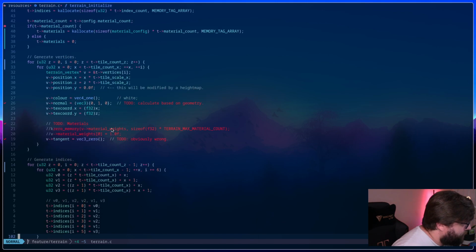All right. So when I generate the vertices, I am setting position X and position Z to these guys. And then position Y, I'm zeroing it.